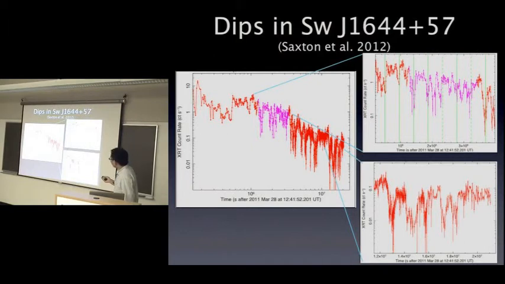Now, again, back to this jetted TDE candidate. In the X-ray light curve, there are many dipping features superimposed on a power-law decline. If you zoom in on an individual section of the light curve, you find those dips are happening at approximately the same time interval. If you zoom in on a later section, you find the dips are also happening at some regular time interval, but not all dips are happening at the same time interval.